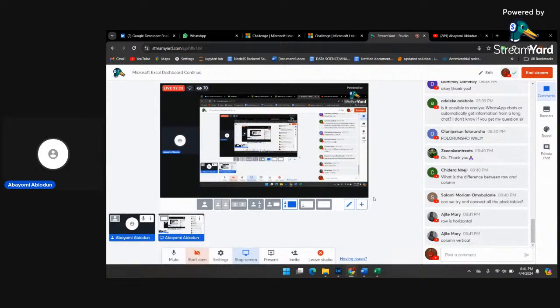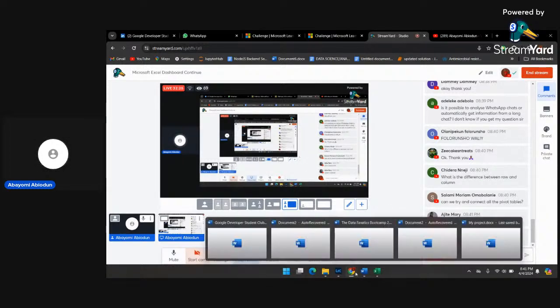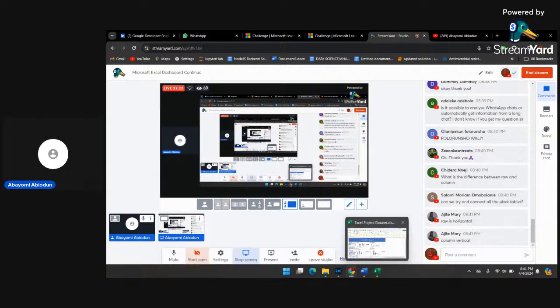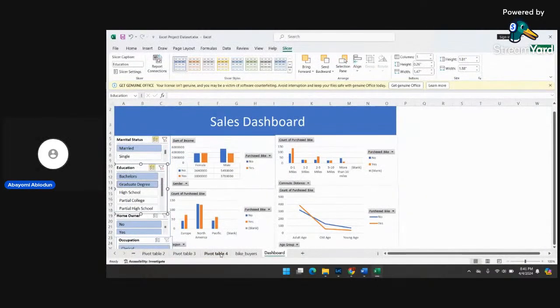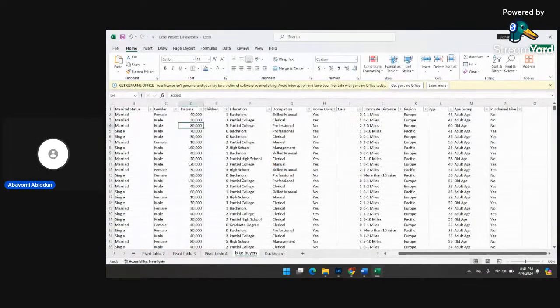What is the difference between rows and columns? Oh wow, that's a question. Let me click on this. So this is rows. Rows is this: 1, 2, 3, 4, 5, 6. So this is rows here, while column is this